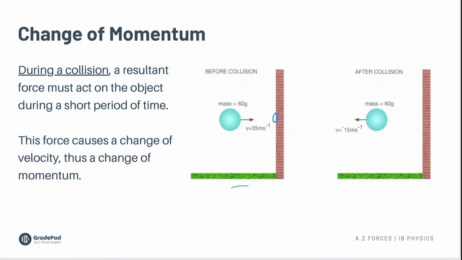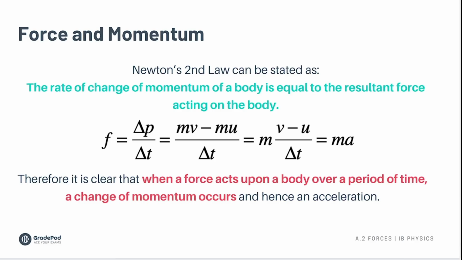At the point of collision here, there must have been a force acting on the ball over a short period of time that caused that change in momentum. And it's this point of the causing of the change in momentum that I'm interested in. But before we go into defining impulse and the point of change in momentum, I'd like to take us right